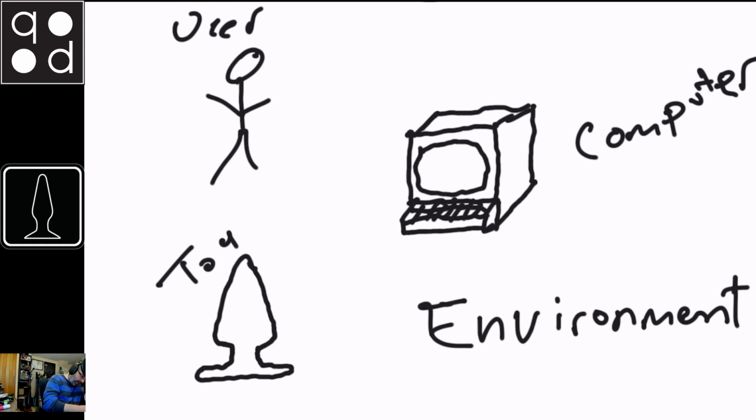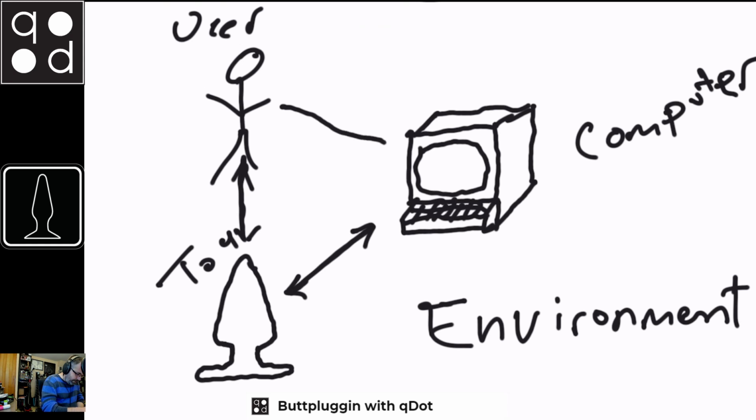So first off, we're going to have our user-toy interaction. The user needs to be in contact with the toy somehow. There's going to be the toy-computer interaction. So how is the computer controlling the toy? And then there's going to be the user-computer interaction. What is the user doing with the computer to cause the toy control to change? And then finally, the thing that we aren't really talking about yet, because this is all a solo situation right now, is